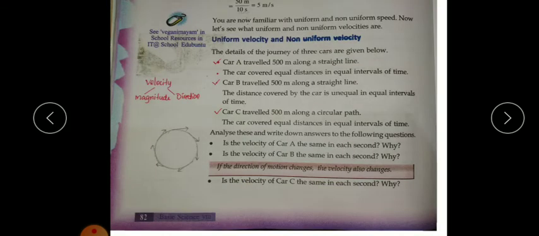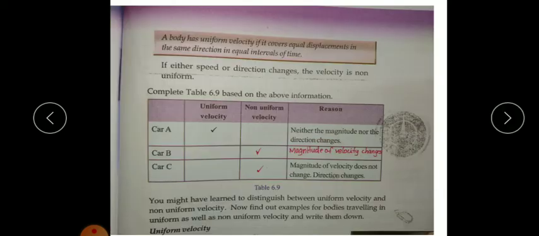In these two cases, the car is moving along a straight line, so distance and displacement are the same. So whenever a body covers equal displacement in equal intervals of time in the same direction, then its velocity is